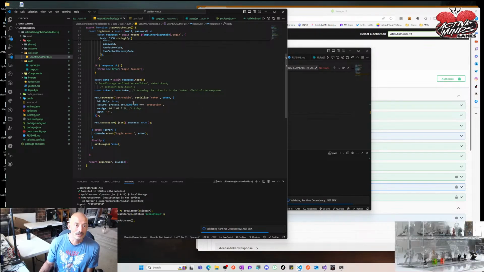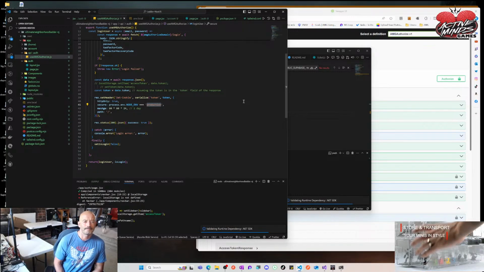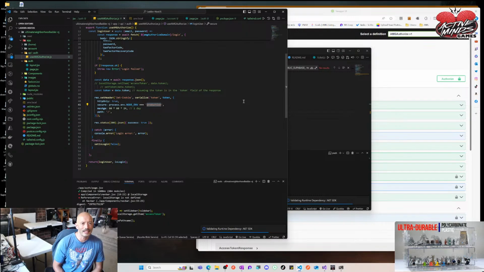Now, this one's process.env.NODE_ENV production. I guess in theory they're just going to set the cookie. I guess it doesn't matter because it's just storing it in a cookie that's being used. It's going to call it production, but ultimately it doesn't matter, right? Secure. It's just a consistent token that's going to be used. Whatever. Production. I don't know. I'm guessing that's going to work, secure. So I'm going to leave it. I don't like having it hard-coded, but